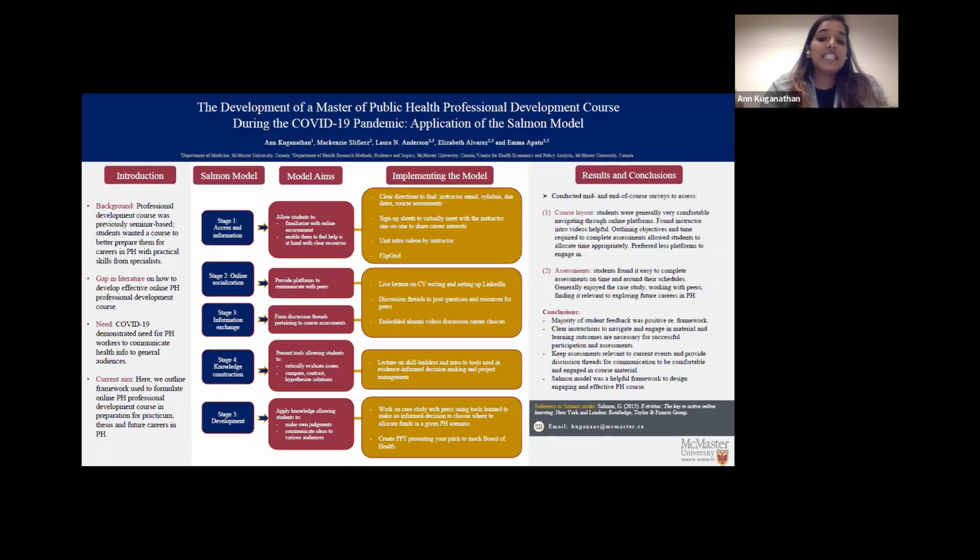So the case study was designed to use the 3 skill builders that were learned in the previous stage in a public health scenario that was similar to what could be seen in practice. So in terms of results and conclusions, we conducted a mid and end course survey to assess 2 things. It was the course layout and the assessments. In terms of the course layout, these were qualitative assessments. So these were direct quotes or responses from the students for these questions that had to do with these 2